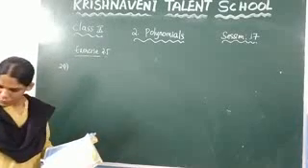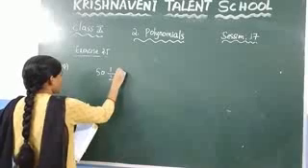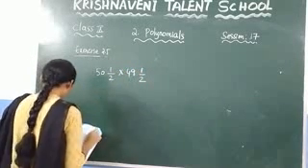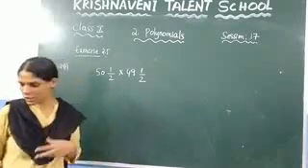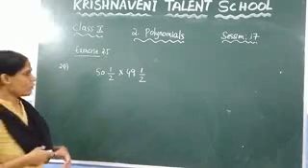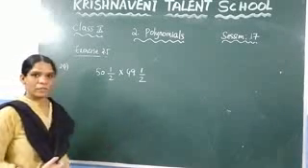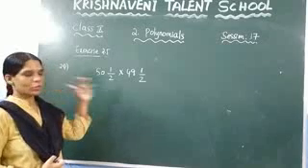Here, the third question they have given is 50 1/2 into 49 1/2. So here they have given it in the form of a mixed fraction, and we need to convert this into an improper fraction. If you convert it, the process will become very large. So how do you do this?